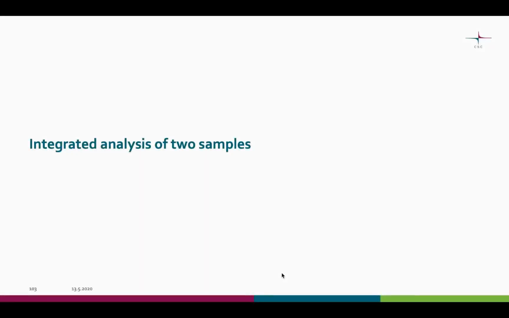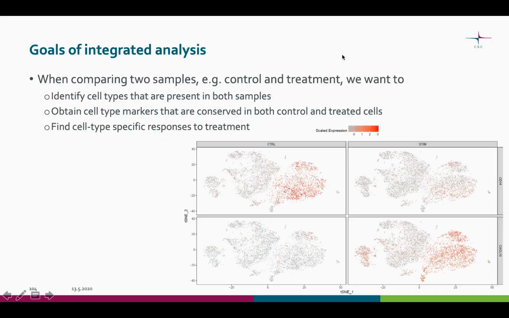Until so far, we have been studying the pipeline for finding the cell types in one sample. Now, let's consider the situation where we are comparing two samples. Most of the steps of this kind of analysis are now already familiar to you, but some extra consideration is needed. Often, when you are comparing two samples, for example, treated and non-treated samples, you want to, again, identify the